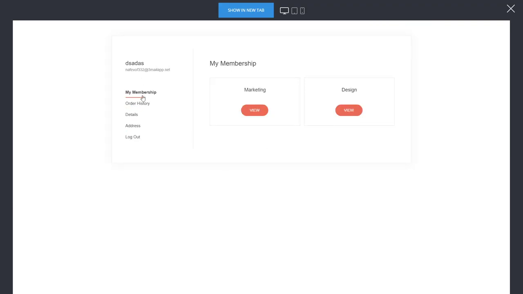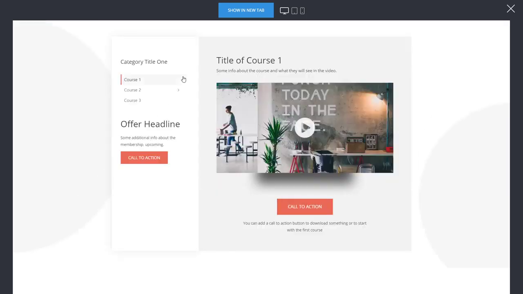So the user can go to their members area and actually to the membership section, and they can see all the different, so if they have, let's say, 10 courses that they've purchased, they can see all the 10 courses with the link to their dashboards. So if we go to the marketing, they can just click here and they can see the marketing section. So yeah, this is how simple it is to modify and create such type of